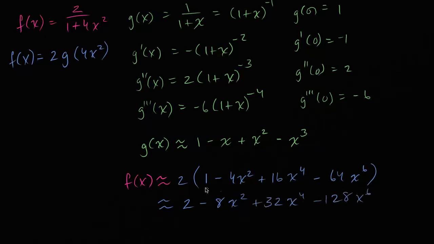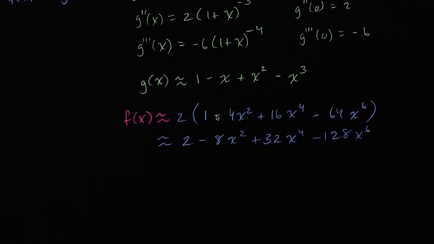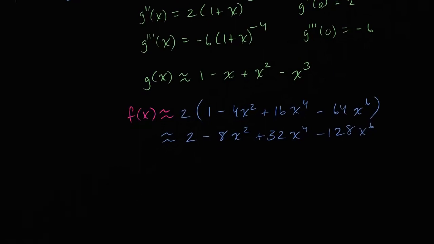So just like that, with a little bit of a substitution, I was able to reasonably, in a non-hairy fashion, find the first 4 non-zero terms of the power series of 2 over 1 plus 4x squared, which is going to be the derivative of the power series of arctangent of 2x. So let's write this down. So I'm going to write down arctangent of 2x,